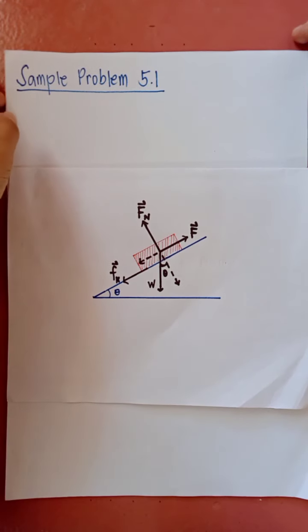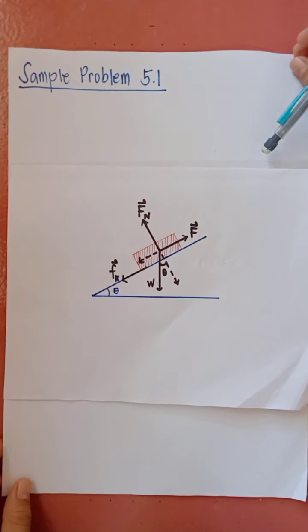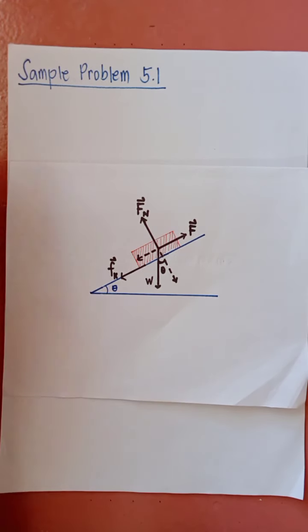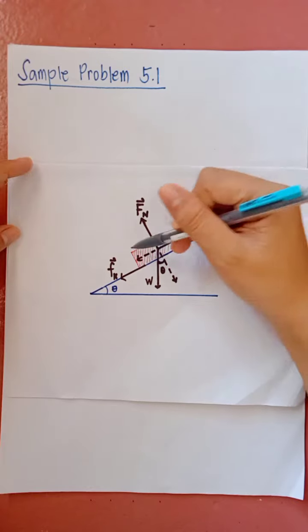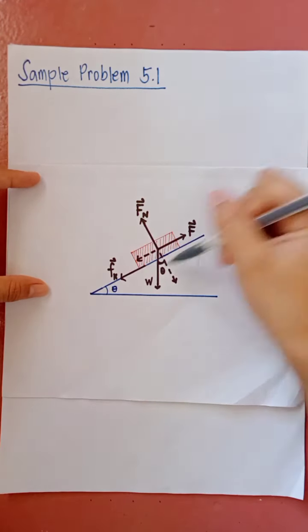For us to better understand and analyze the problem, we have to show first, in a diagram, the different forces that are acting on the block. So the red one here is the block, and this line here is the inclined plane, which is